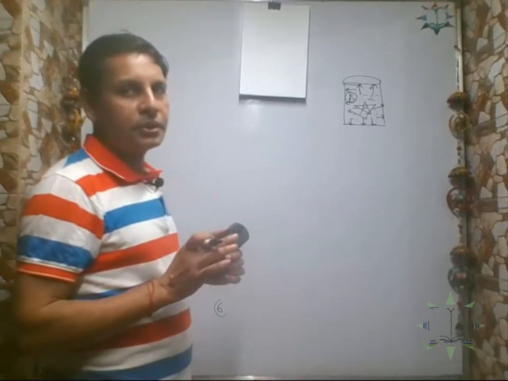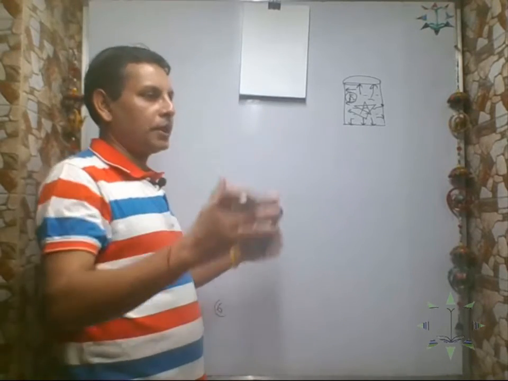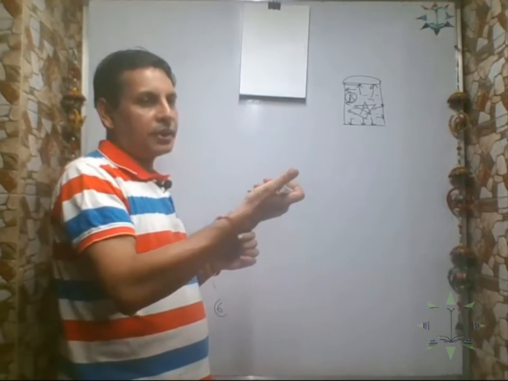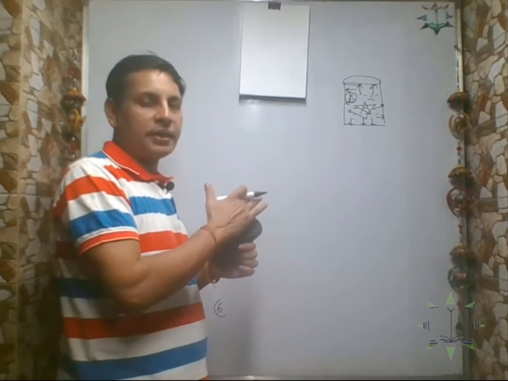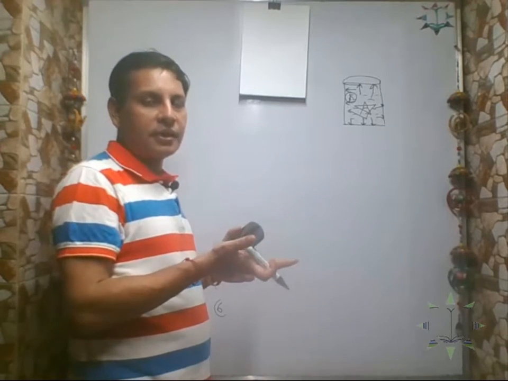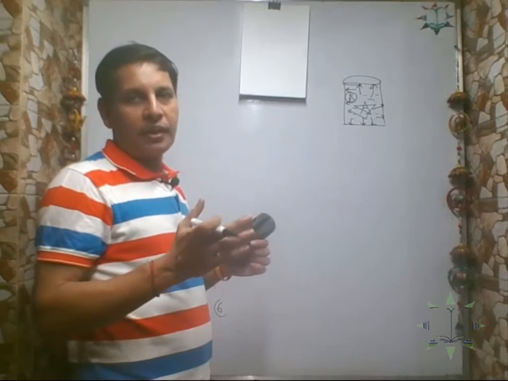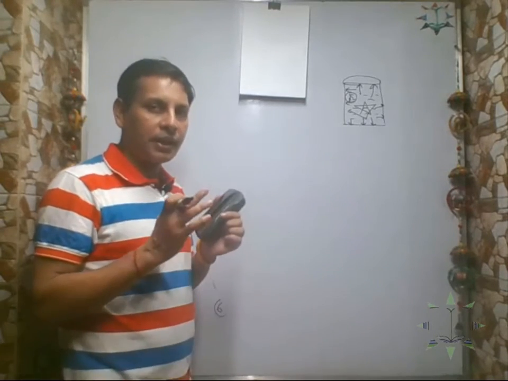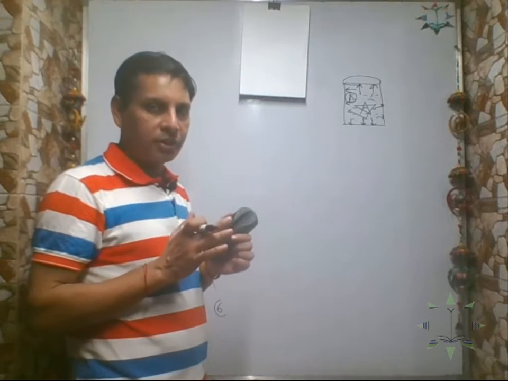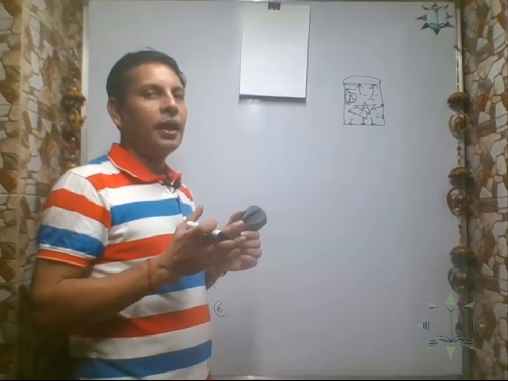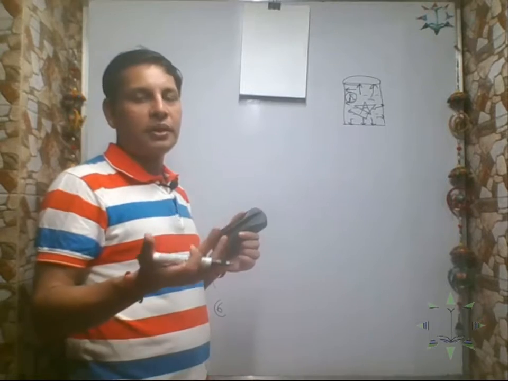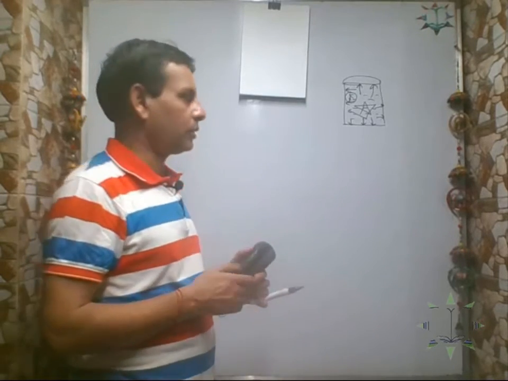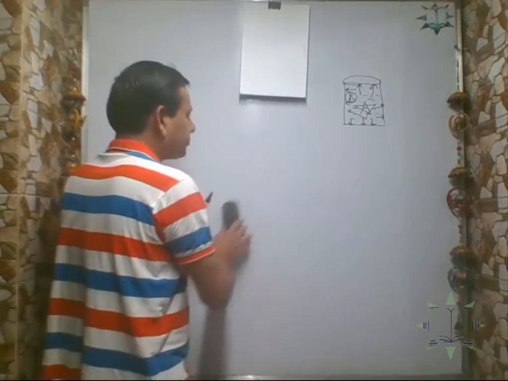And the pressure exerted in all directions is the same. That we will come to. Suppose we have a tube like this. The pressure exerted along the x-axis, along the y-axis, and along the z-axis will be the same. The pressure exerted in all directions by the gas molecules is because of the collision with the wall of the container, and this pressure is uniform. In all directions the pressure will be the same.